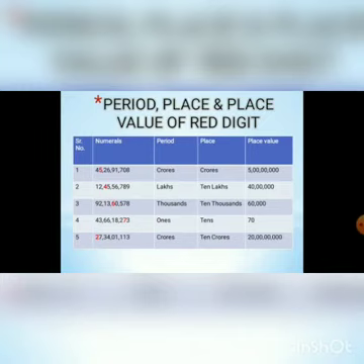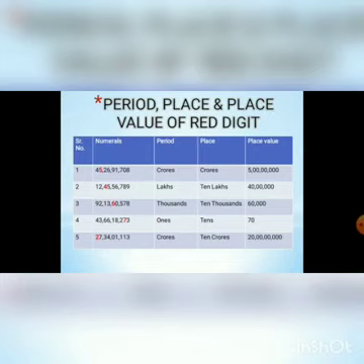Question number 3. 92 crore 13 lakh 60,578. The red digit is 6. See, commas are written in each period, and the periods are ones, thousands, lakhs and crore. So the red digit comes in thousands period. In thousands period, two places come, thousands and 10,000. So the red digit is in 10,000 place, and the place value of the red digit is 60,000.